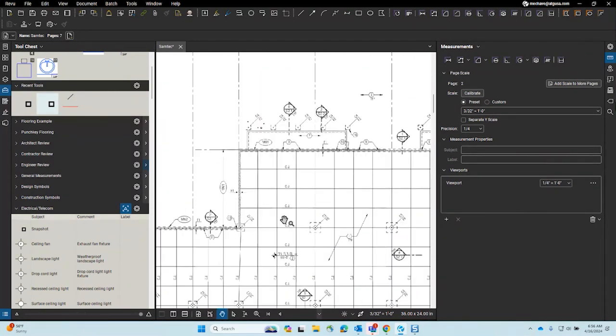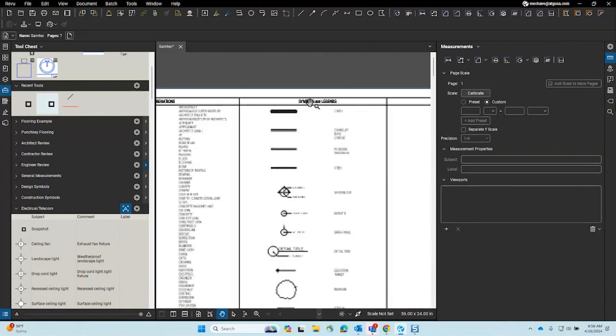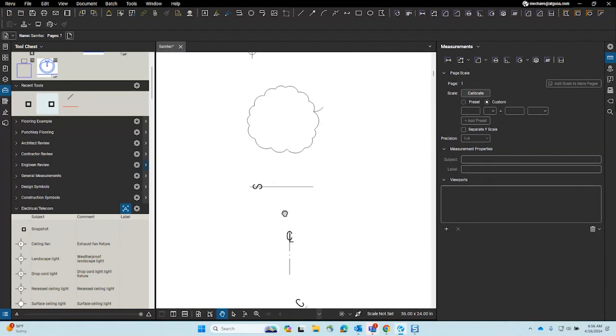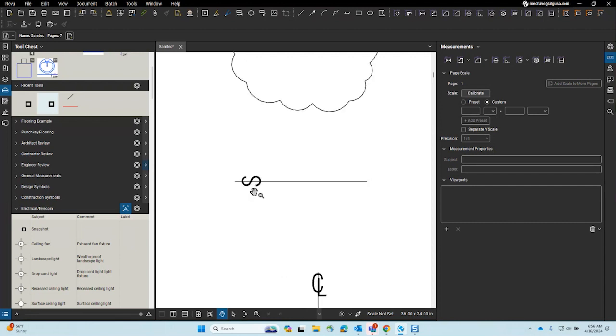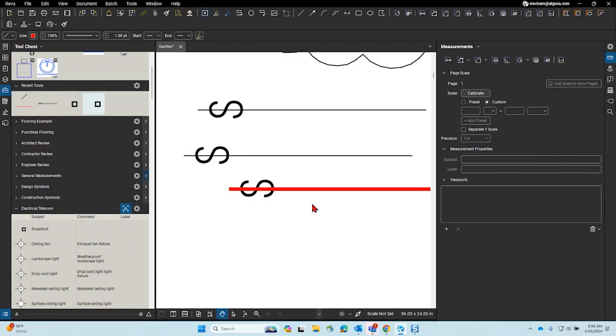Like if I'm going to go through and quickly create them from, let's just say, this sheet, right? Are they going to scale correctly? When is it easier to go through and draw, right? So typically you would trace over your annotations that you have for symbols, or you can go through and use the snapshot, which is quicker, right? We're talking about time. So is it easier to do this quicker versus going through and using a line, right? And then an S,